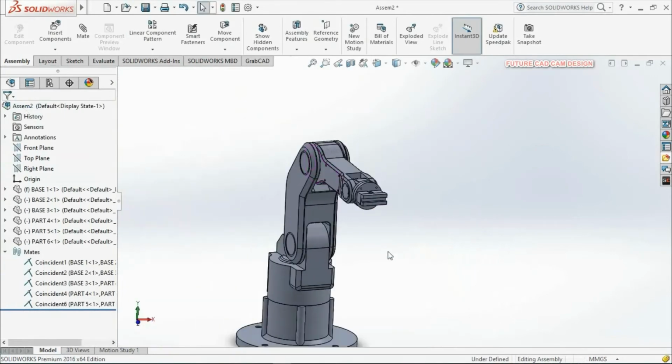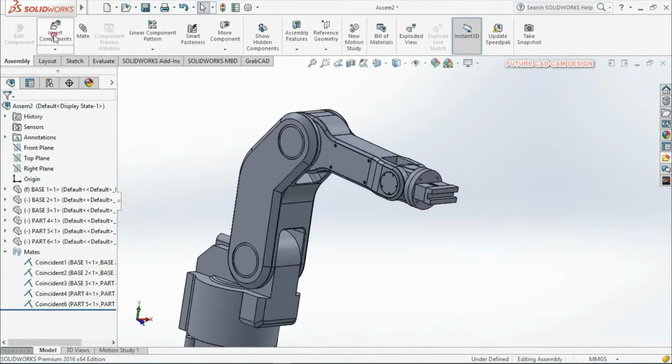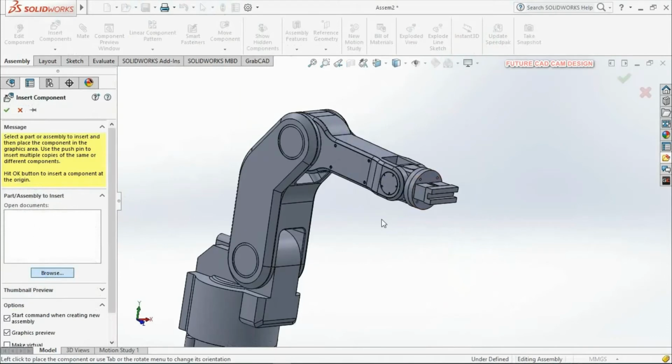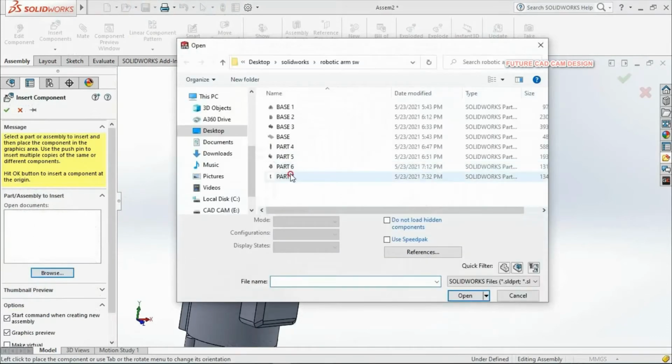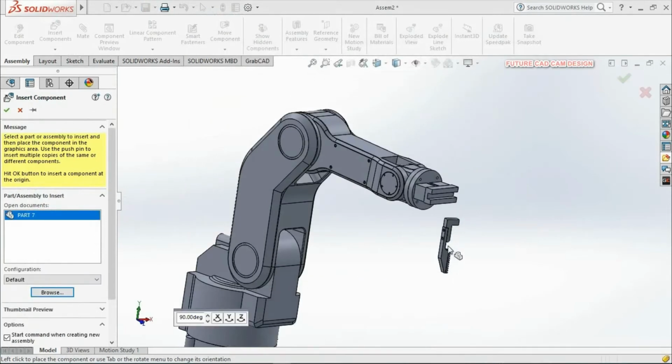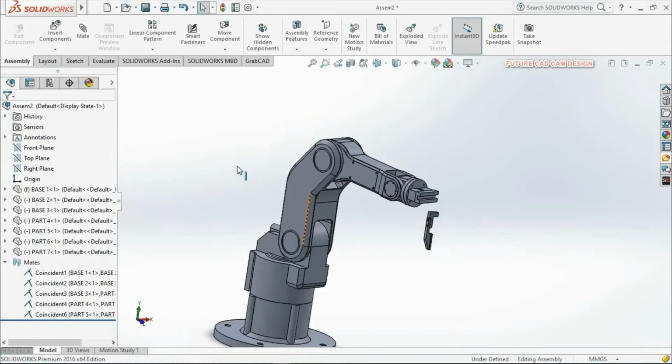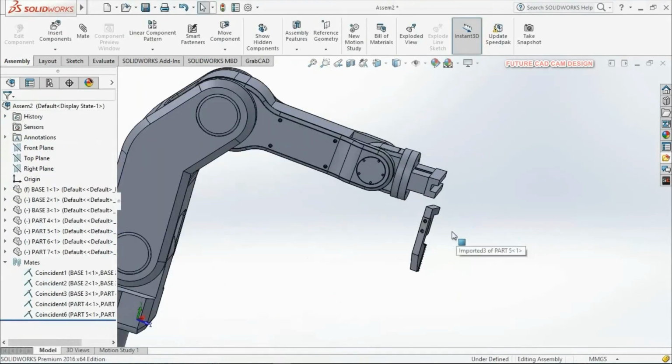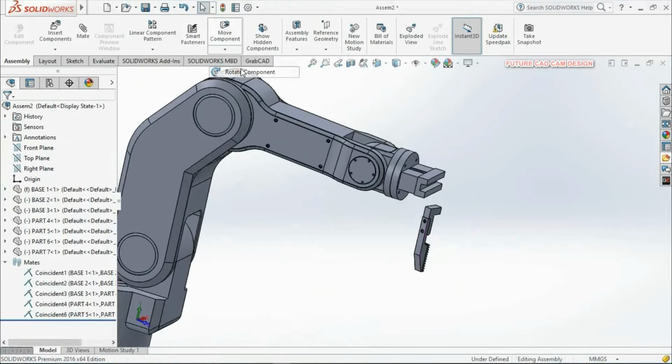Finally we are going to give our final component: insert component, browse the gripper of the robotic arm. This is the gripper. You can rotate this component.